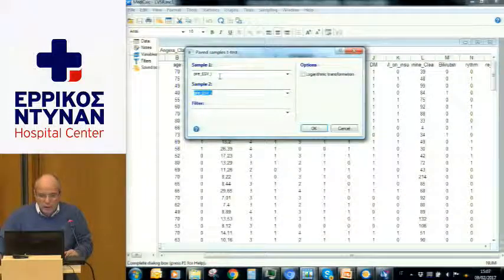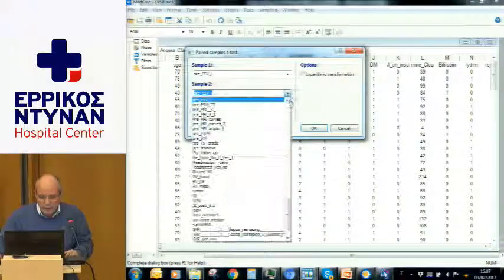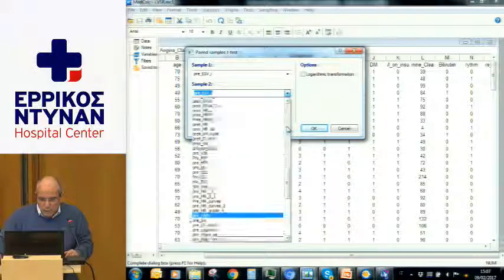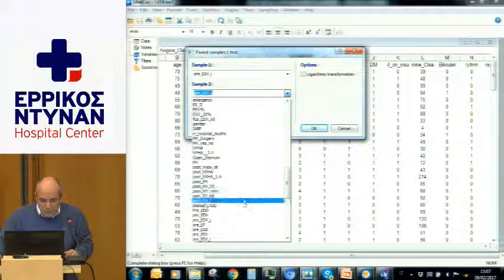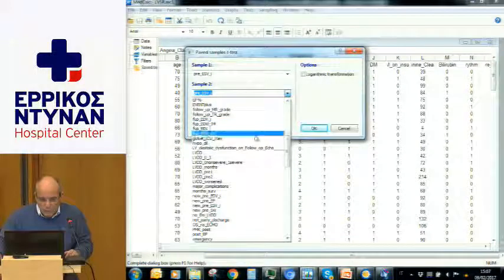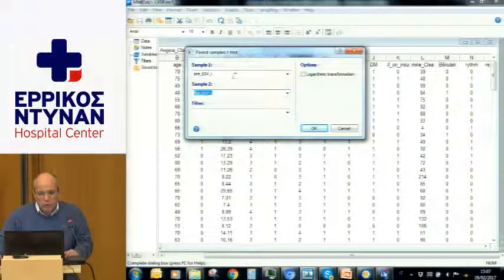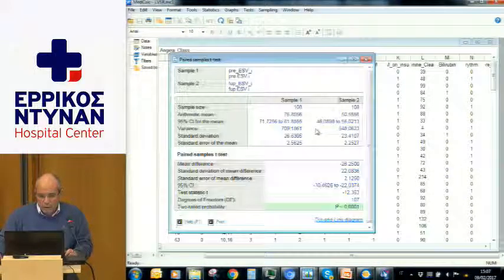Okay. You see here you have a before, and now you have to do post somewhere. Perhaps it is follow-up, I don't know. Okay, it is this one. So you have before surgery and after surgery in the same group of patients. The statistical program knows because there is this name, paired, which means that there are only patients that have both evaluations. And you know that we have 108 patients with the same evaluation, and you have here the